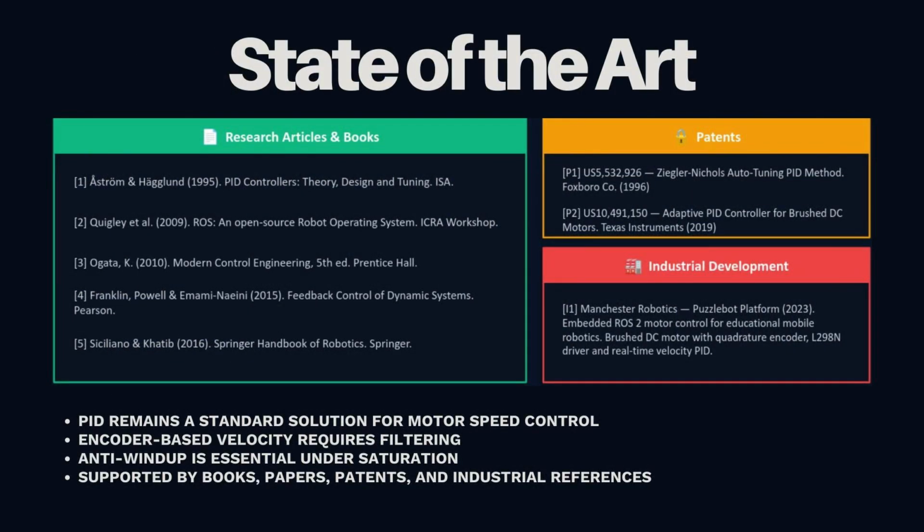Our design was supported by both academic and practical references. The literature shows that PID remains one of the most common solutions for motor speed regulation because of its simplicity and effectiveness. It also shows that encoder-based velocity estimation requires filtering due to quantization noise, and that anti-windup is necessary when actual saturation is present. Our review includes 5 academic references, 2 patents, and 1 industrial development, allowing us to connect our implementation to real